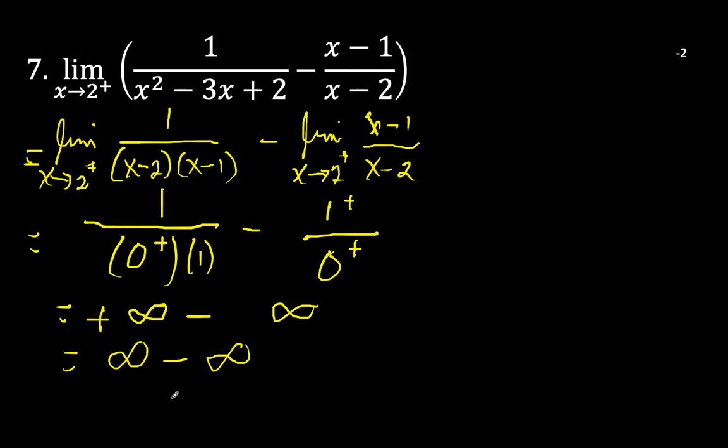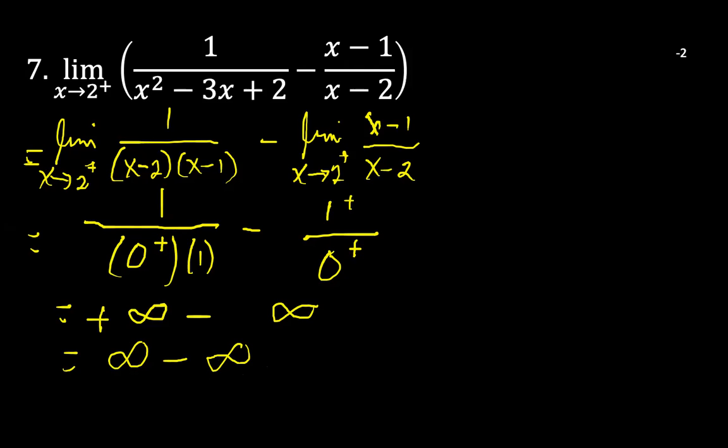They're not values. They're just symbols, okay? Symbols for values that are increasing or decreasing without bound, depending on the sign. But in this case, we have increasing values without bound and increasing values without bound. So we cannot determine their value. I mean, the difference of these two